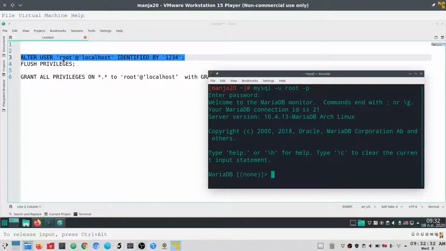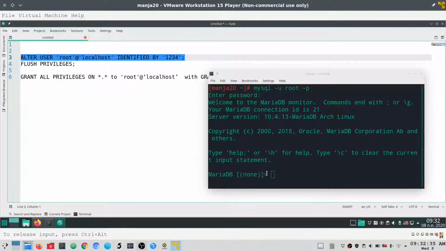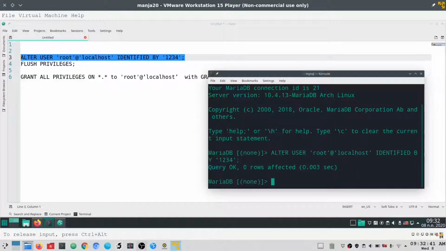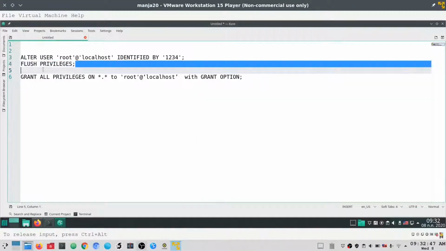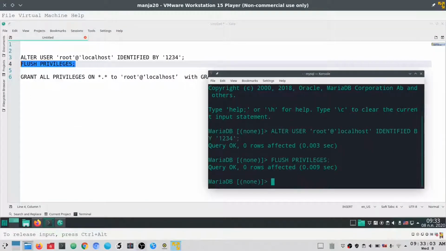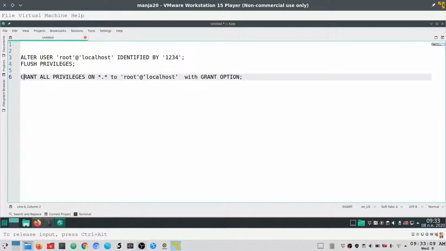Then I copy this command right here and paste it in, hit enter. It says affected one row. Okay. Now let's put in this command here, flush privileges. Alright, the other one, let's copy this: grant all privileges to root@localhost identified by 1234,